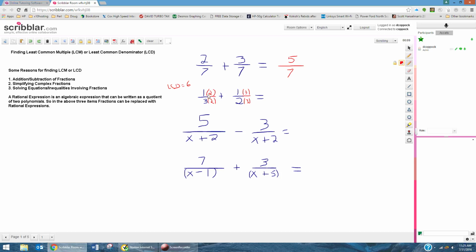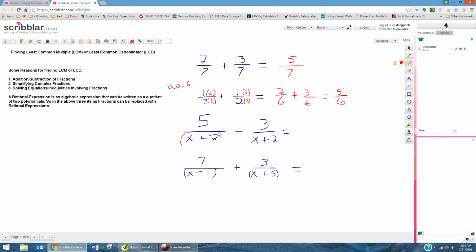So this becomes 2/6 for the first fraction. The second fraction becomes 3/6. And now, since the denominators are the same, I can add the numerators, putting them over the common denominator. Okay? Now, when we get to fractions involving rational expressions,